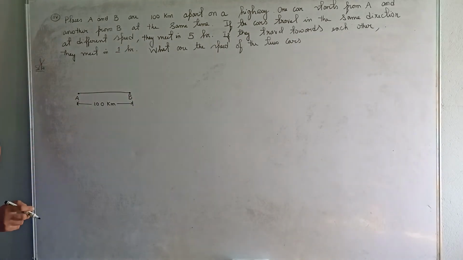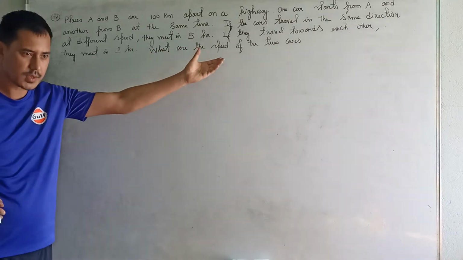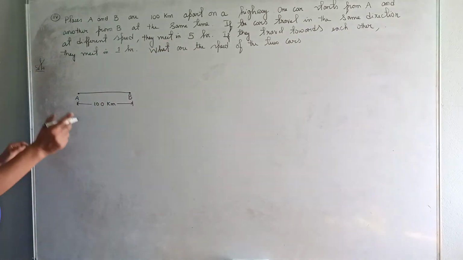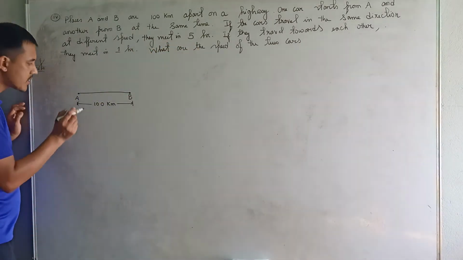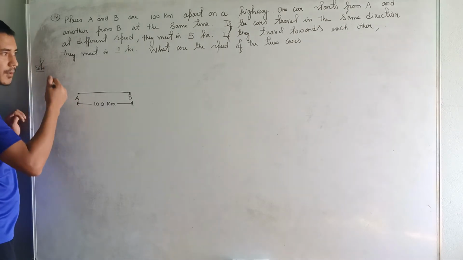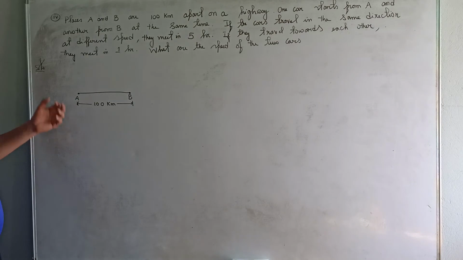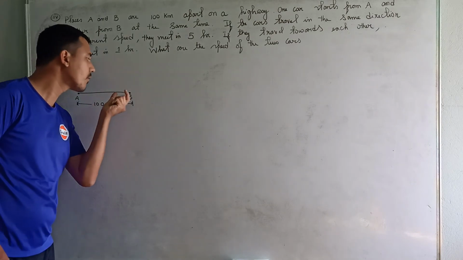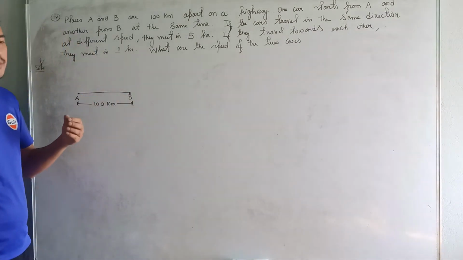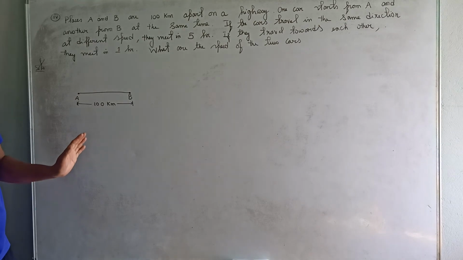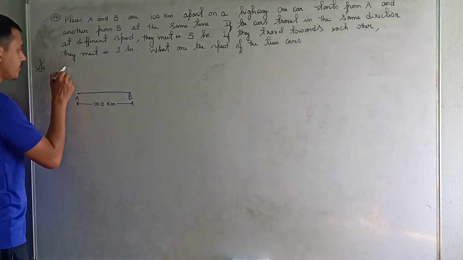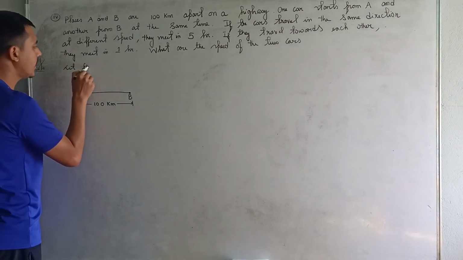So we shall do it like this. We are asked to determine the speed. So the car which started from A, we can take its speed to be x, okay? And the car which started from B, we can take its speed to be y. Alright? So let the speed